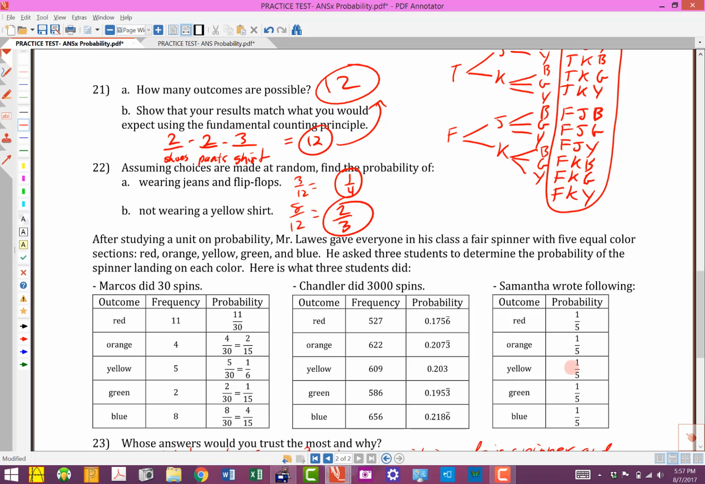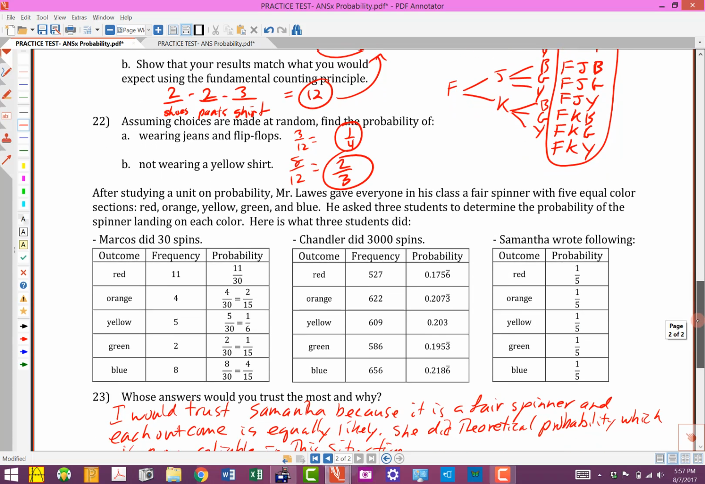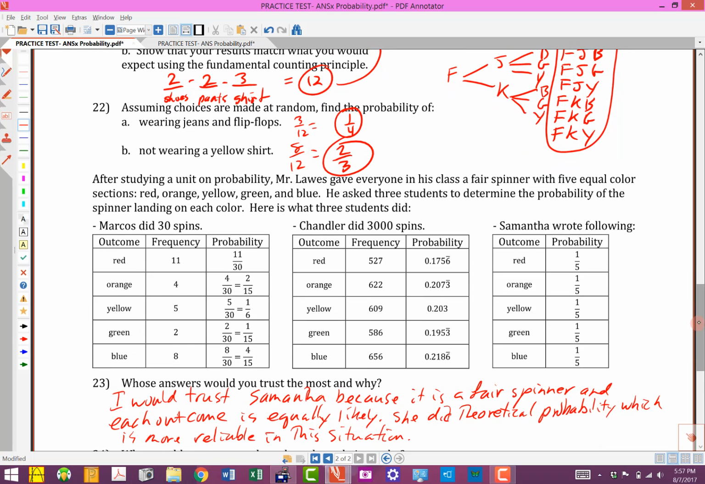Well, let's take a look. I think this is the best answer. I would trust Samantha because it's a fair spinner. It's not a warped spinner. We have no reason to believe that it's not going to be equally likely. So each comes out equally likely. She did theoretical probability, which is more